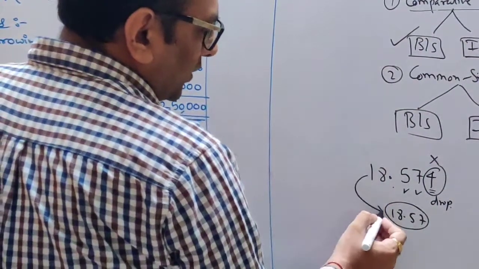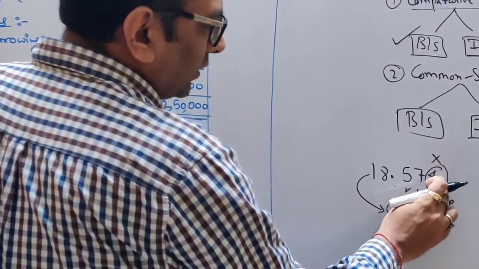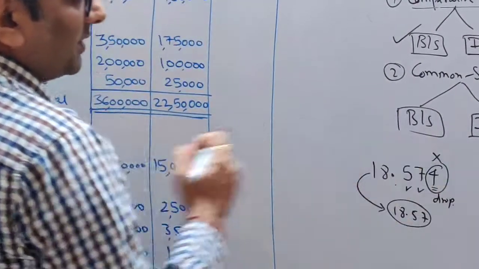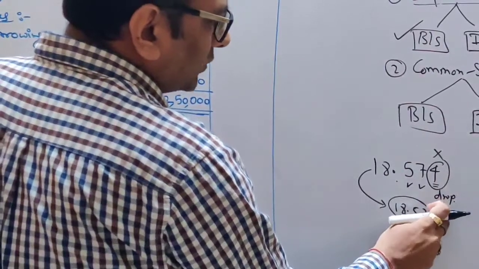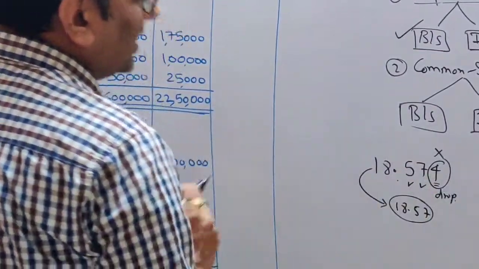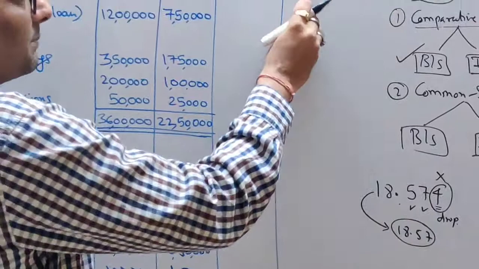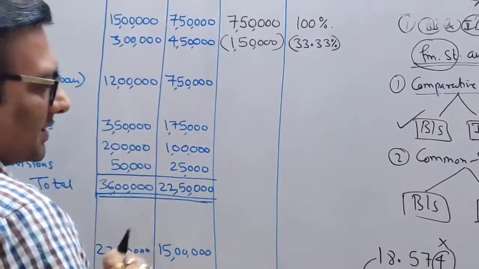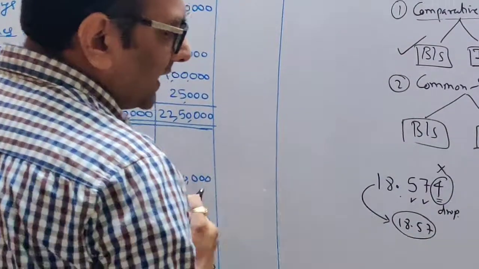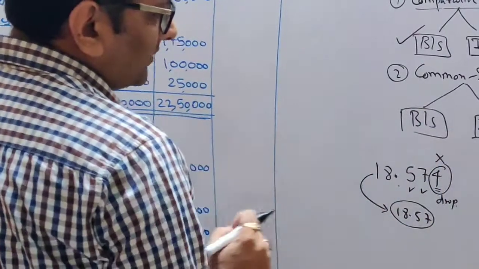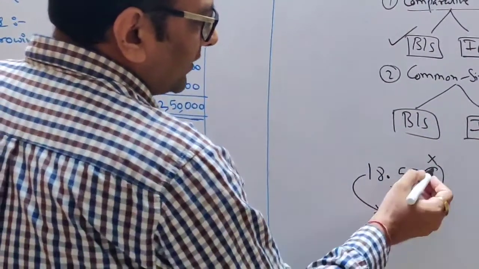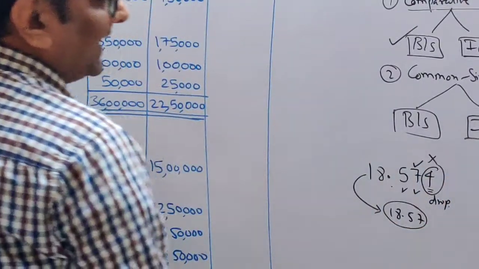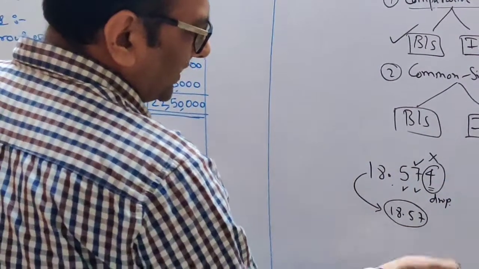This is called third digit round off after the decimal. We never write third place after the decimal in your answer. What to do with the third place? You have to round it off. If your third place is 5 or more than 5, you have to add 1 to the second digit. Let's take one example of this kind.